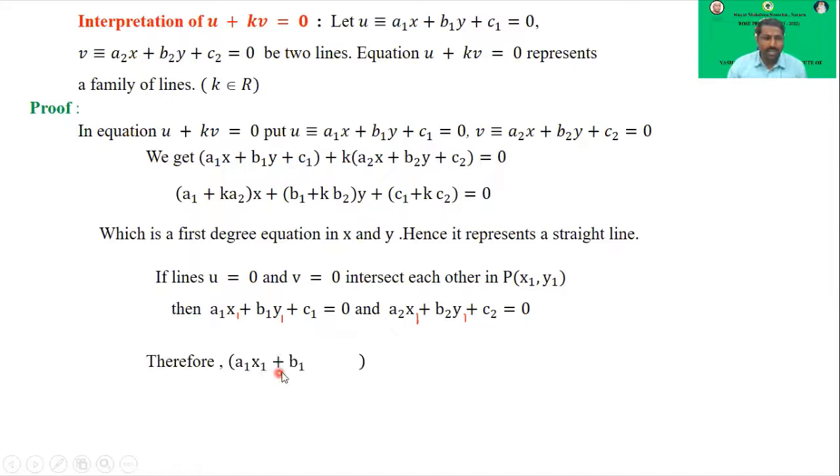Therefore a1x1 plus b1y1 plus c1 plus k times a2x1 plus b2y1 plus c2 is equal to,